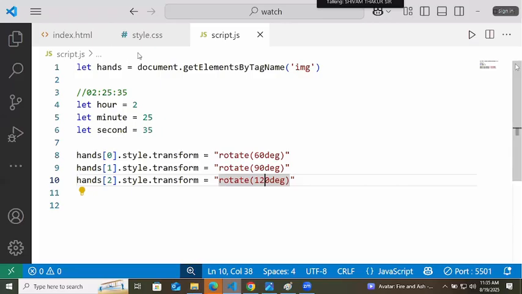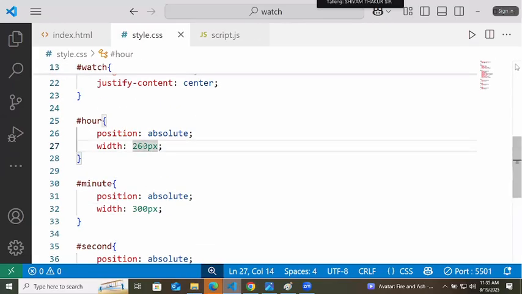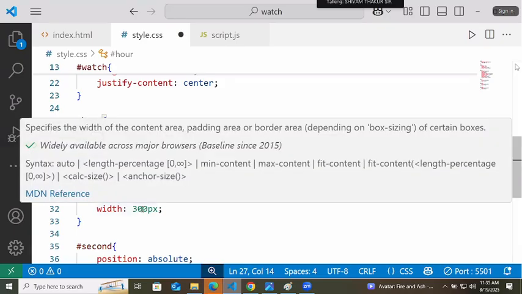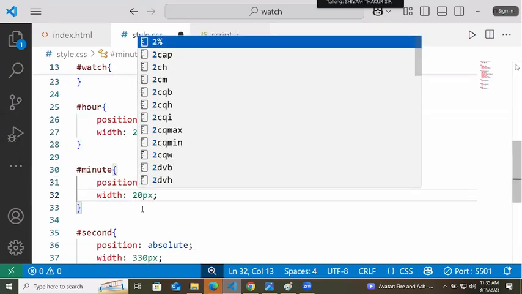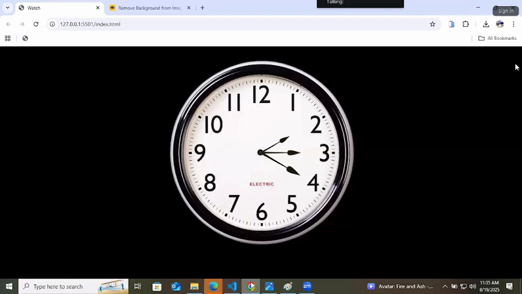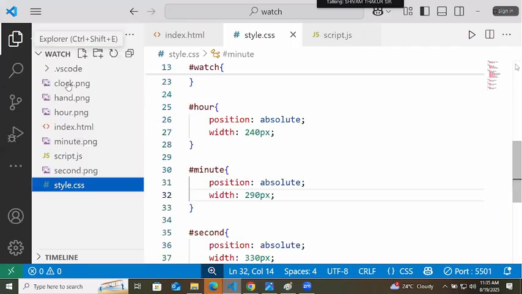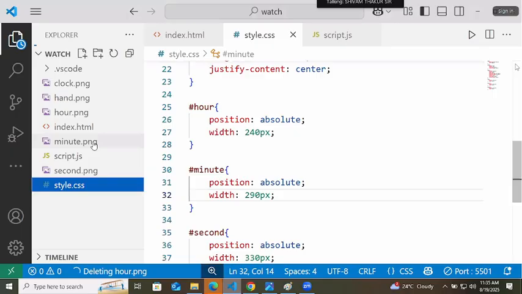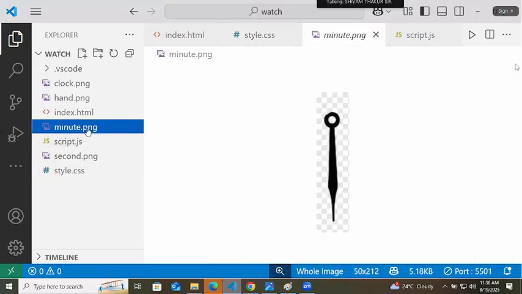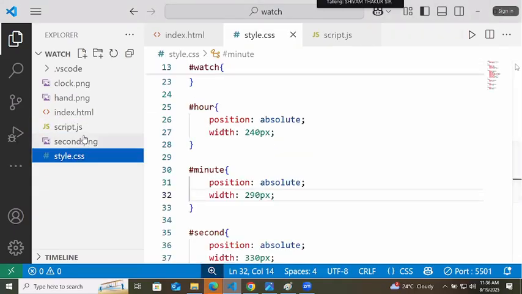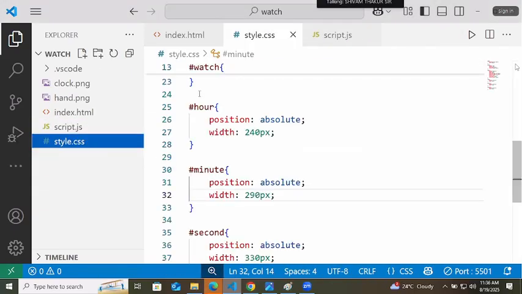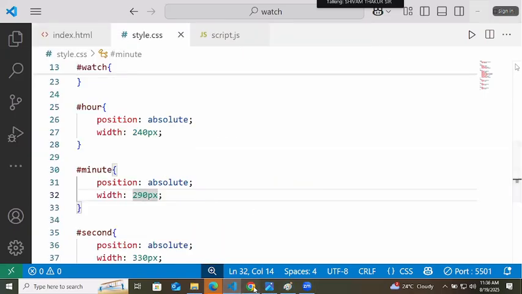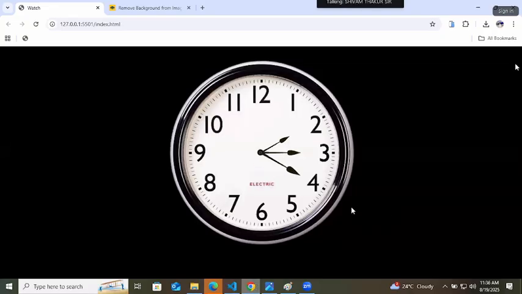Now you can decrease their size actually. So this should be 240. This should be 290. Okay, cool. Now they are getting rotated and not leaving the center also. Rest of all the pictures we will delete now. Okay, deleted. If you got good quality pictures, use different ones also, but they should be pointing upwards by default. Okay, done. Now that is our time zone.